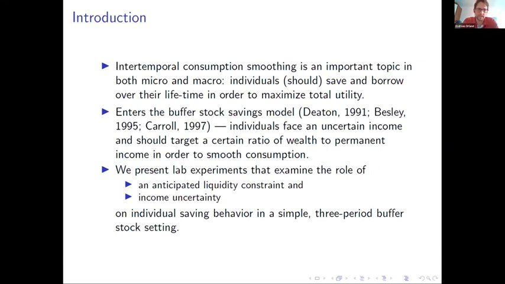What we present is a lab experiment that examines the role of both an anticipated liquidity constraint, where we can turn it on and off, and income uncertainty. Income uncertainty is either high or low. And we look at individual savings behavior in a simple 3-period buffer stock setting. So we have 3 periods, and this is the shortest time span where we can observe the